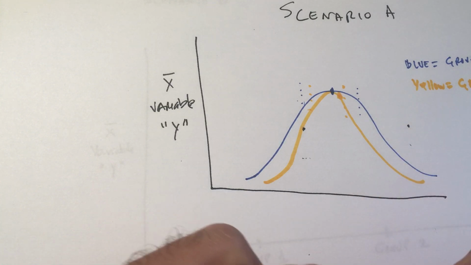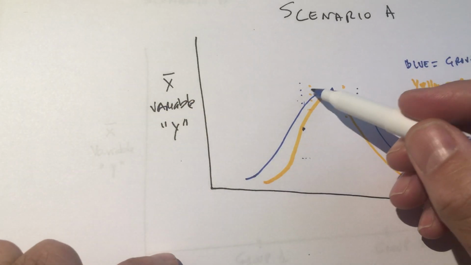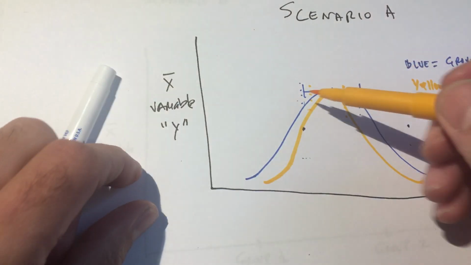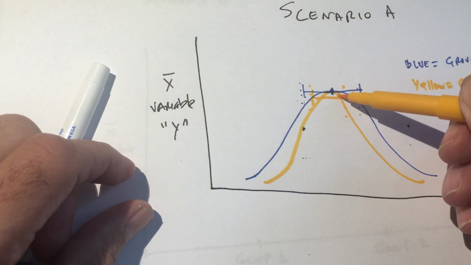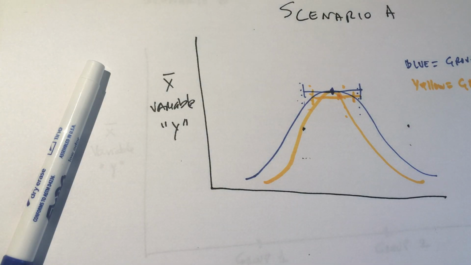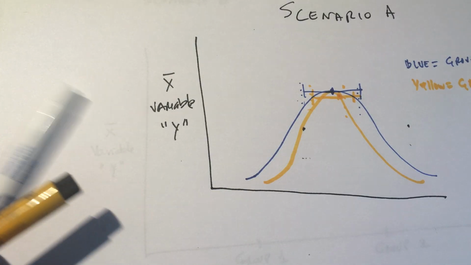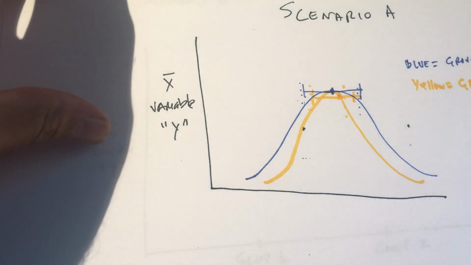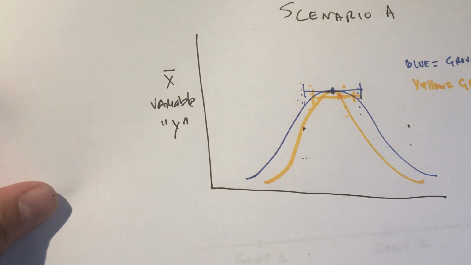So that means that when you have two intervals that are within each other, in this case I put them all in one level, these are not different from each other. It's unlikely that these are different from each other. So these two groups have pretty much the same mean. Okay. Now, a different scenario,